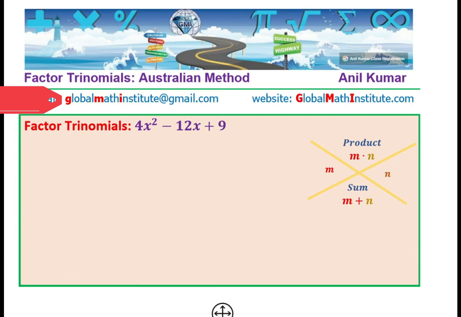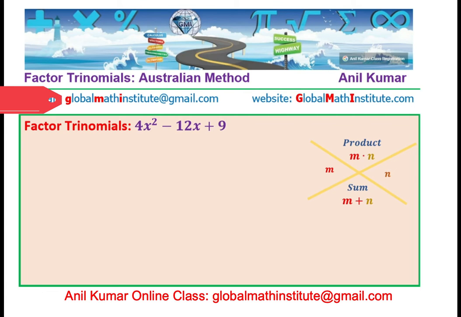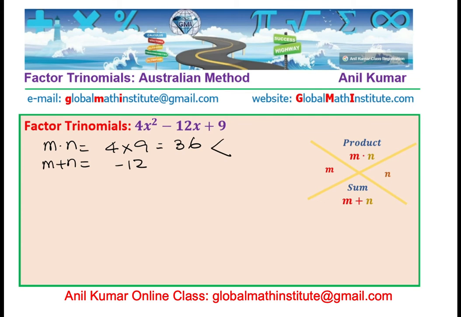globalmathinstitute@gmail.com. Let's take up the next question, which is 4x squared minus 12x plus 9. So, how do we do this? Well, we're looking for the product m times n as 4 times 9, right? Which is definitely 36. And we're looking for the sum m plus n as minus 12. So what are these two numbers? Well, both should be negative and both could be negative 6, right? It makes sense, correct? So let me rewrite on the diamond which I've made here. We are looking for a product of 36, sum of minus 12, and what we find is both the numbers